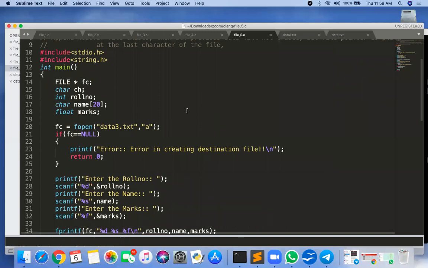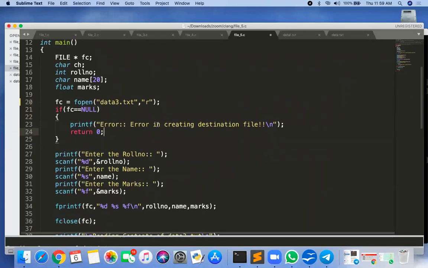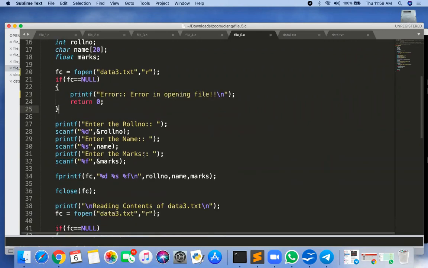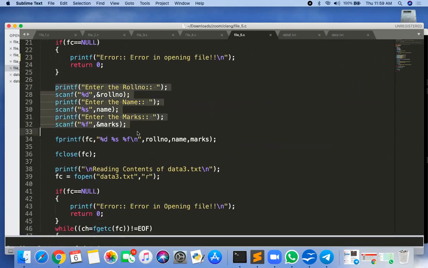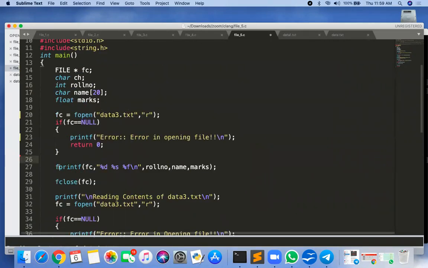Okay, so now in this program, whatever the data3.txt I'm opening in read mode. Okay, so error in opening file, and then I want to read it back. So for reading back, first data, I'm only reading one data only.